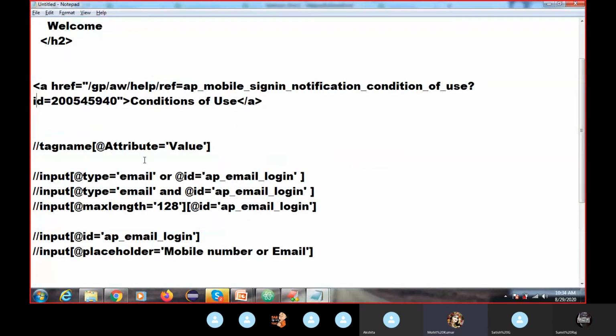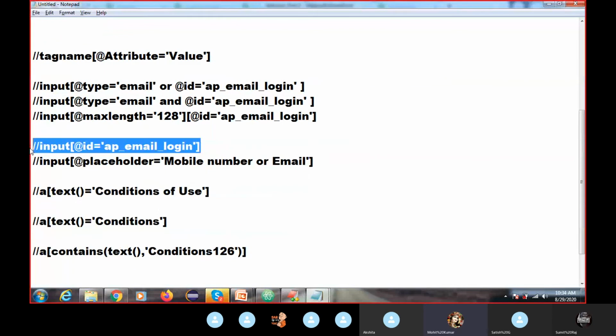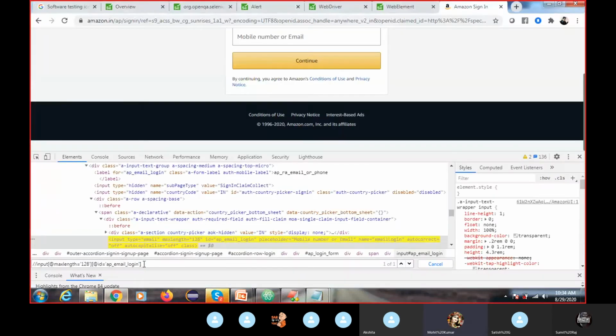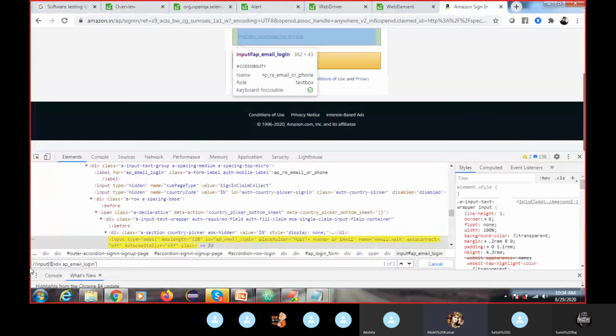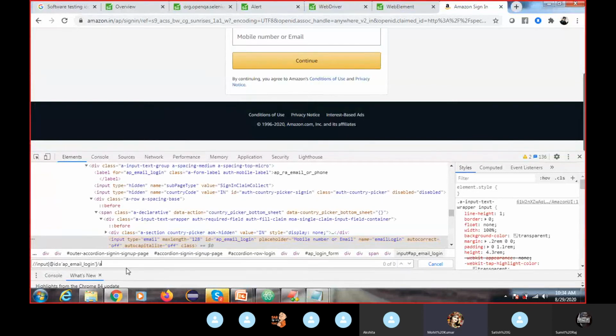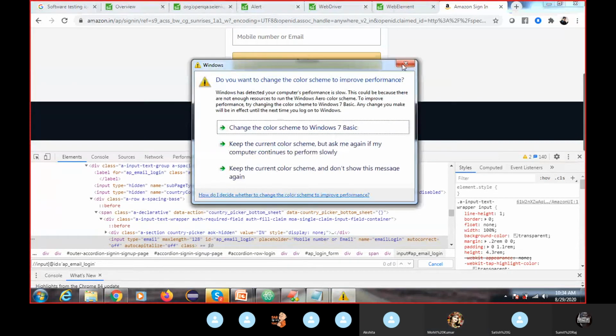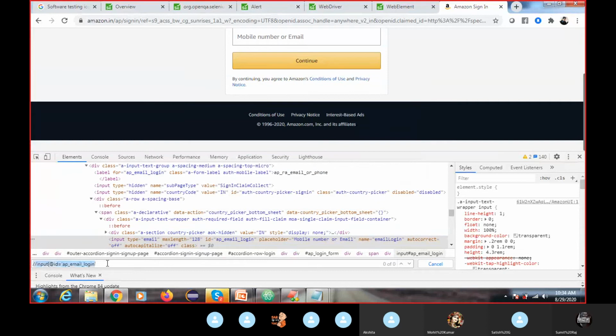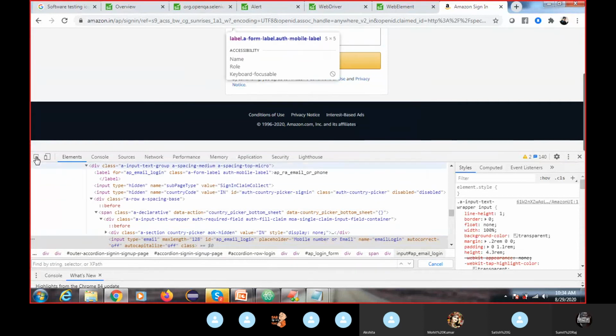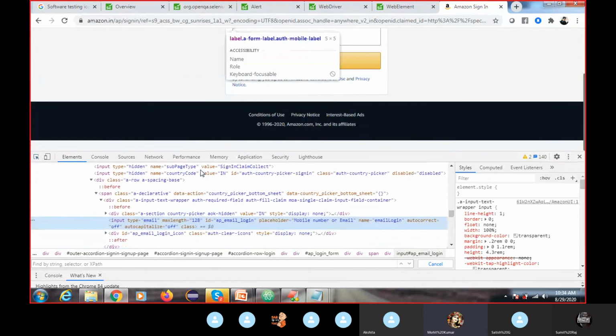I'll copy one XPath from here. Okay, now I'm writing something, this A. What is the other node?